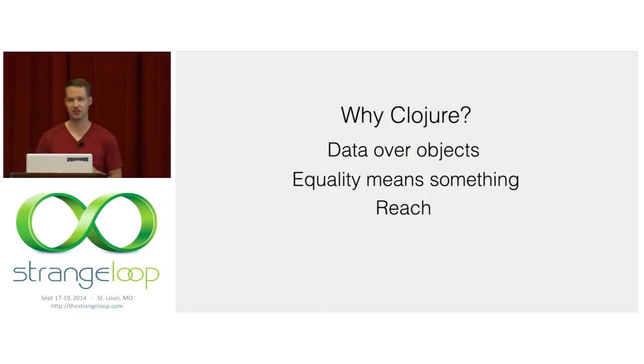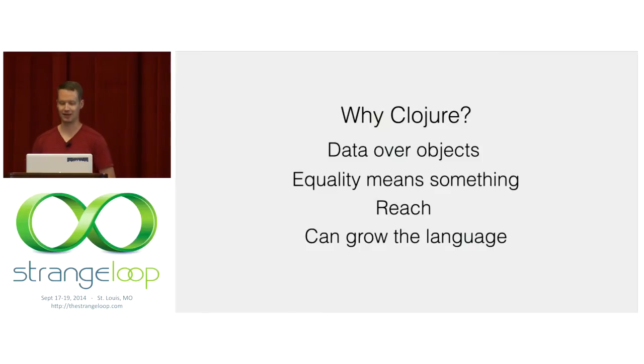Clojure has great reach in terms of the JVM, and the system that I'll show here also compiles to JavaScript via ClojureScript. And then we can also plug into Java beans in this system, assuming they behave well and that you don't mutate them underneath the rule engine. And the biggest thing is the ability to grow the language of Clojure, in the sense of Guy Steele's famous growing a language talk, in this case using macros.